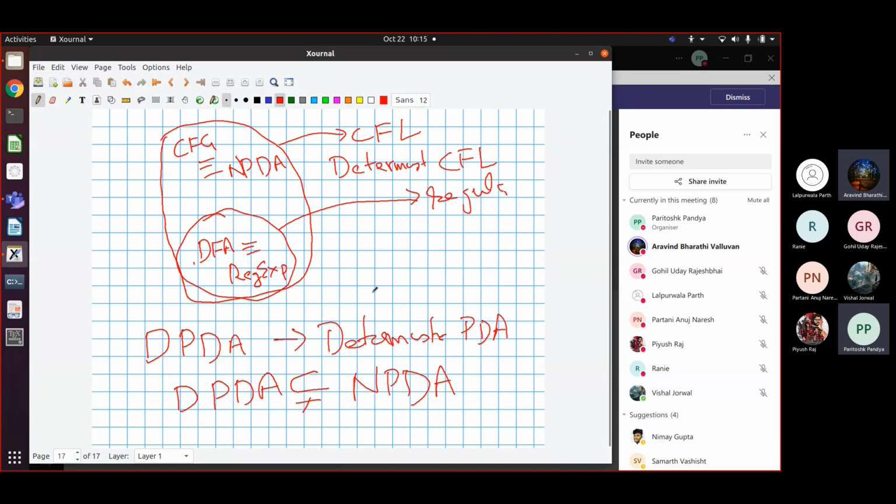Yeah, so what I was saying was that deterministic push-down automata are a subclass of non-deterministic push-down automata, right? And the languages which are recognized by deterministic push-down automata are called deterministic CFL, and they are a proper subclass of context-free languages. So there are languages which require non-deterministic push-down automata, but there are quite a few context-free languages which can be recognized by the subclass of deterministic push-down automata. And these are the useful classes, because deterministic push-down automata can be implemented.